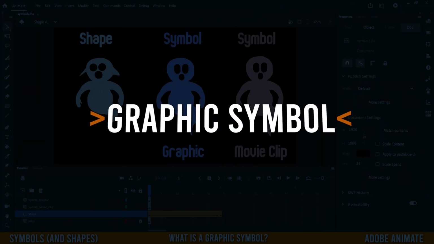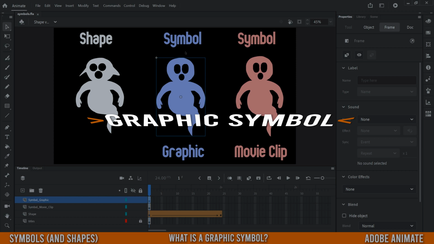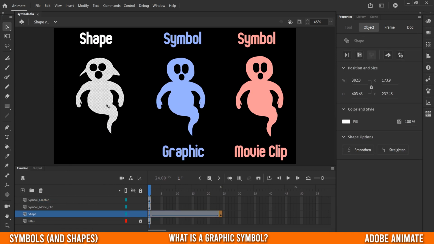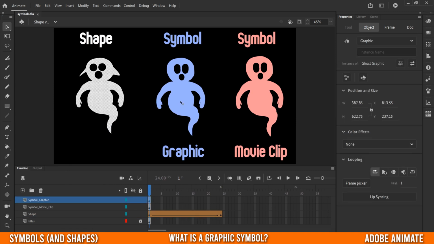Okay, so now let's move on to a graphic symbol, which is essentially a shape or a collection of shapes and layers that is nested or wrapped inside a container, like a composition in After Effects, a nest in Premiere Pro, or even a smart object in Photoshop. Where a shape had the dots on it, a symbol now has this blue box around it or container and no dots, which means that if we go to our selection tool and try to go to the edge to modify it,